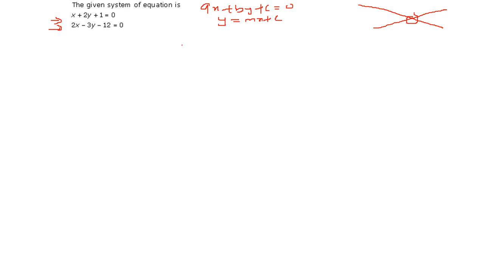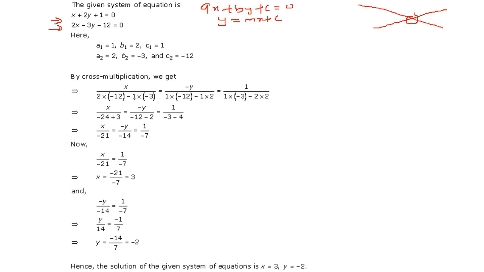So there are certain methods to solve it. The simplest is to substitute, or to multiply and then make either the x term or the y term common and just add or subtract. The other method is cross multiplication. It depends on how comfortable you are with a certain method, or in your examination, which particular method is being sought, meaning the examiner has specifically asked you to do it by, say, the cross multiplication method. So today we'll understand the cross multiplication method.